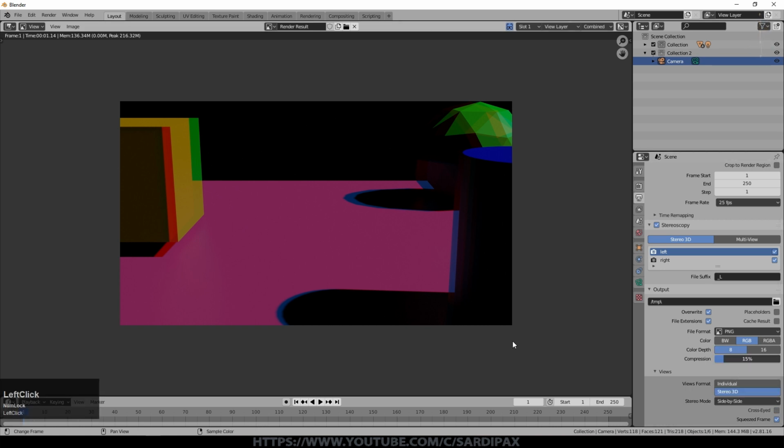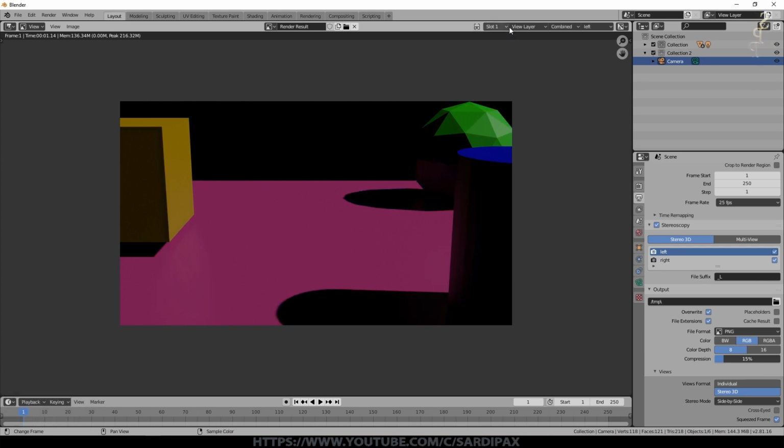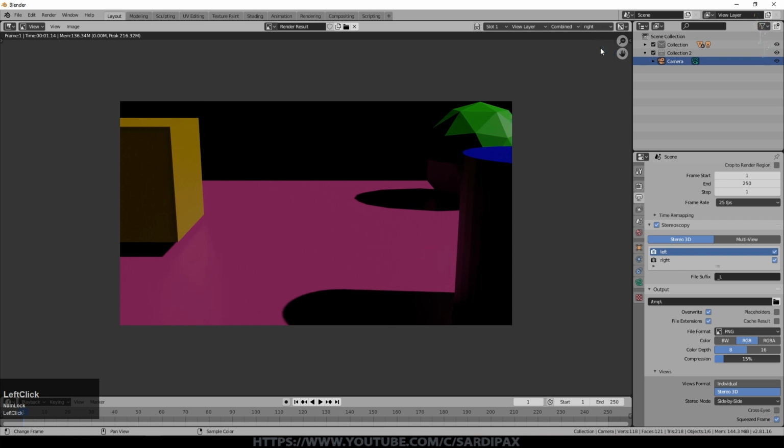As I say, the preview when you just render to the screen like this for a single image will look like anaglyph, but when it outputs it to a file, it will actually be a file, if you do this, with both images in it side by side. If you want to turn the anaglyph off, by the way, on that rendered image, you can just click this little button here and it will just go back to one of the views. Now that's the left view and there's the right view. You can see slight differences between them, and that's the combined view.